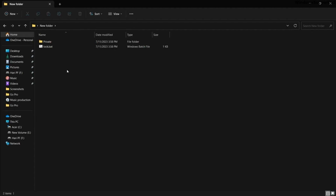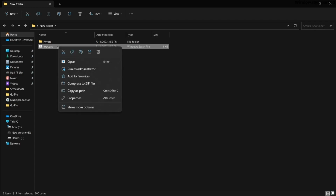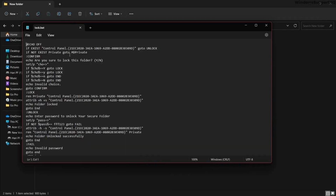But the method is really fragile, and anyone with this trick can easily look at your password if they search for it, and here it is your password, and this one is not going to work